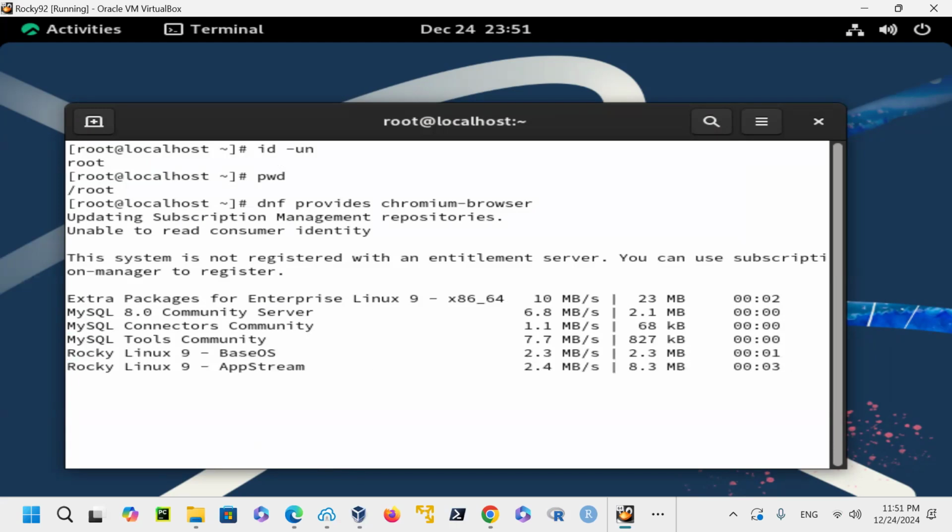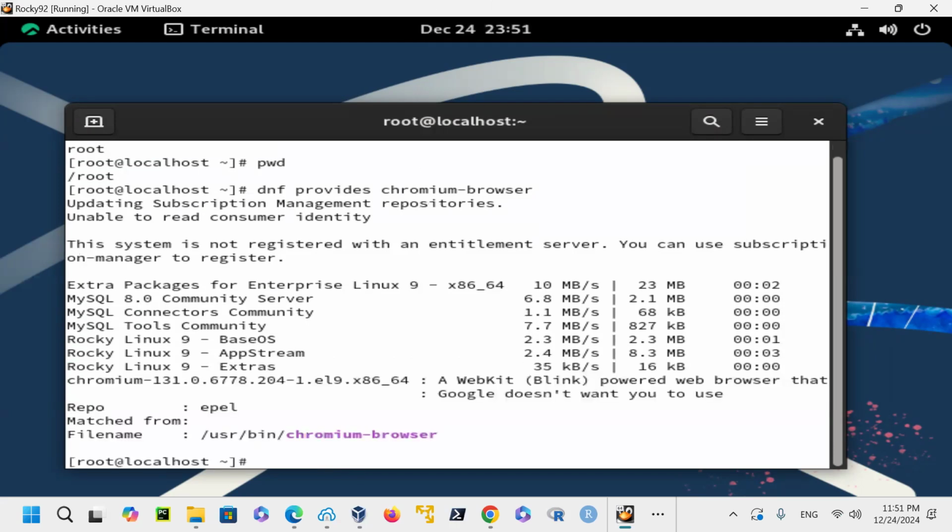So I'm going to do DNF install Chromium, but this command is detecting what software provides the repository. Under EPEL, this is Chromium 131.31, the one that I need to do the installation. So that's how you find out what is the package name that provides